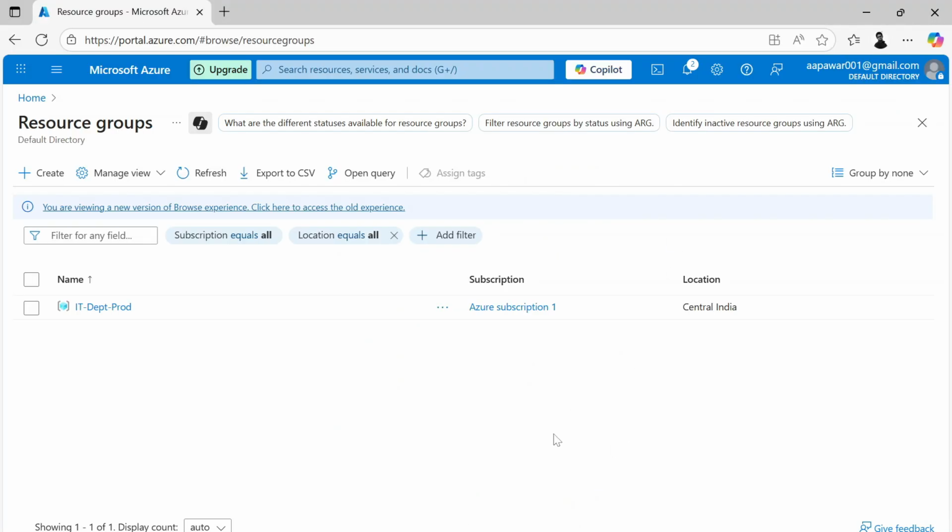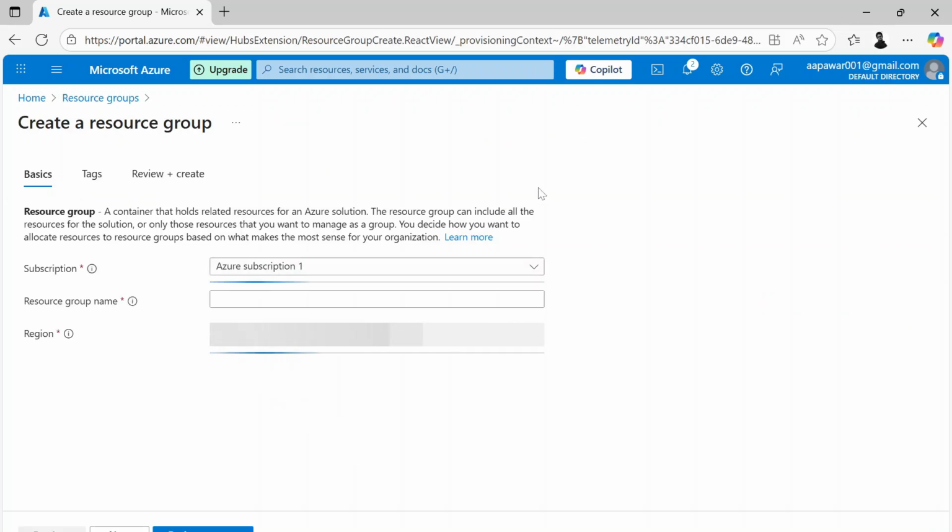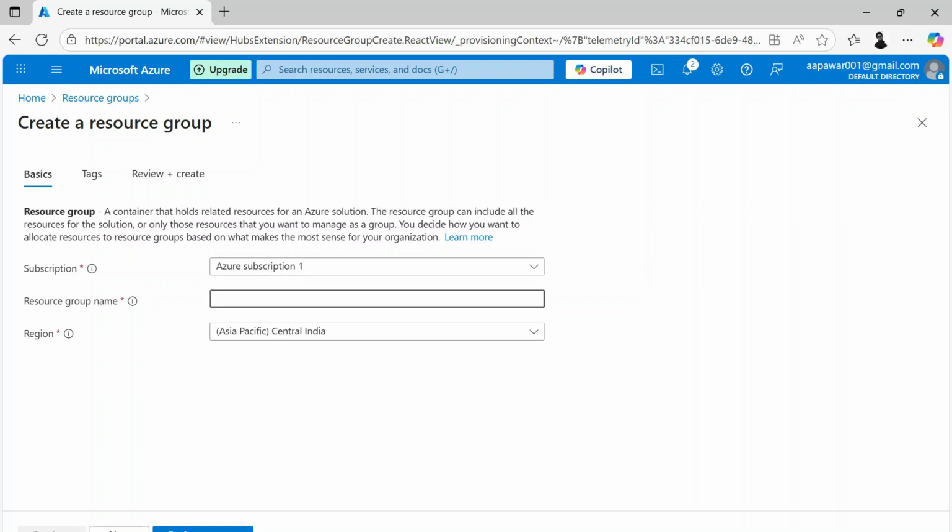In our last session, you can see I created a resource group under the subscription. So let me create a new resource group again on my existing subscription. Here I can choose my existing subscription and create my new resource group, which I can say